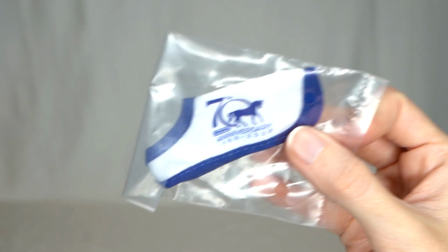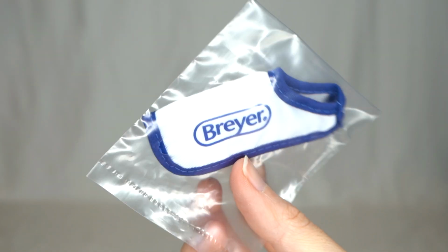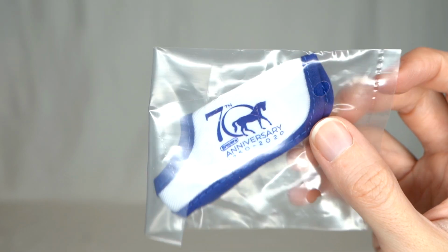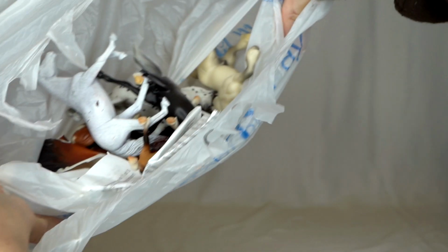There's also this adorable little Breyer 70th anniversary stablemate blanket that they gave away with the free stablemate painting. So now I'll move on to some actual models. I'm not sure how I'm going to show these models, but I have a bag